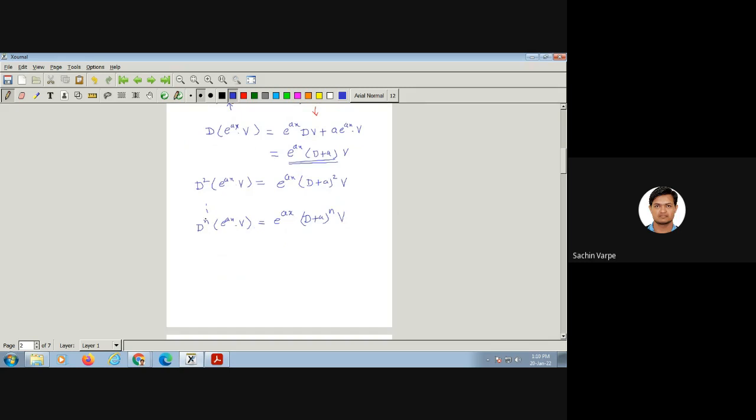So instead of only D raised to n, we can have functions of D, that is phi of D, operated on e raised to ax into v will be equal to e to the power ax into the function of D plus a raised to n, or D plus a simply. And by interchanging the role of this phi of D, we will get our required formula by taking